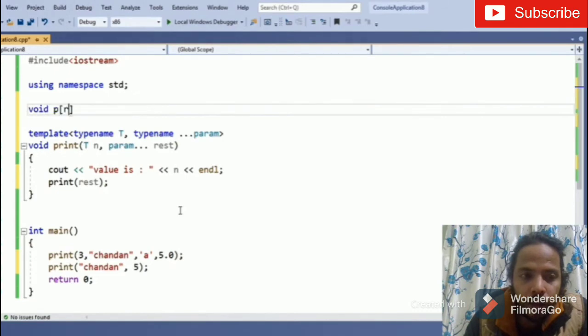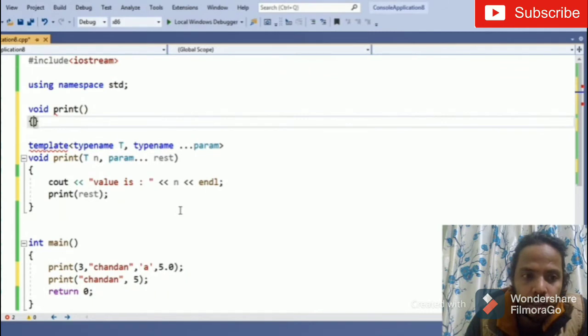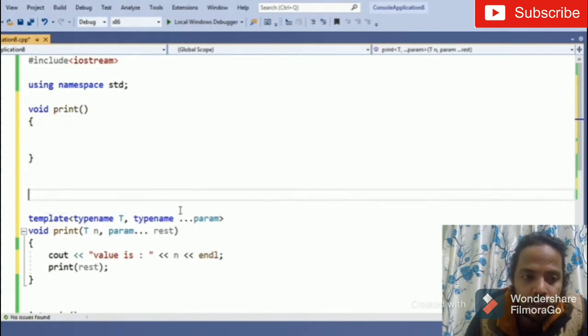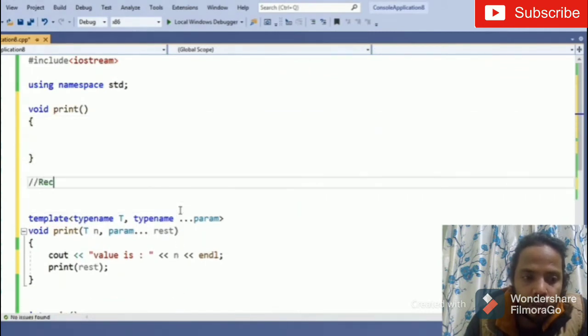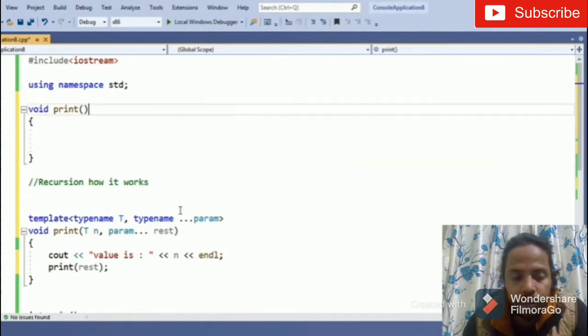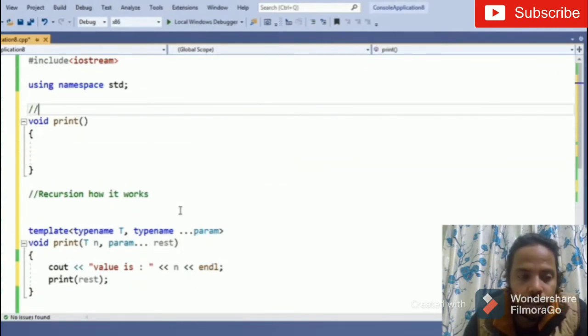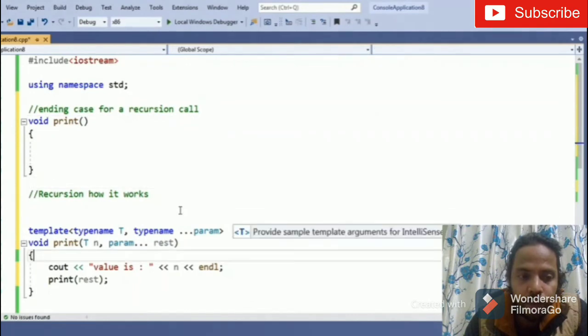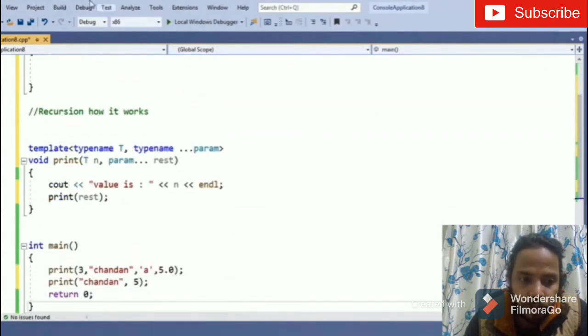To end the recursion of that template function, so that it keeps taking the arguments, we will provide an empty function. I will discuss this in detail shortly. You know how recursion works in C or C++: it calls the same function itself until a base condition or ending condition is met. So this is our ending condition for the variadic template. We will provide an empty body of the same function name.